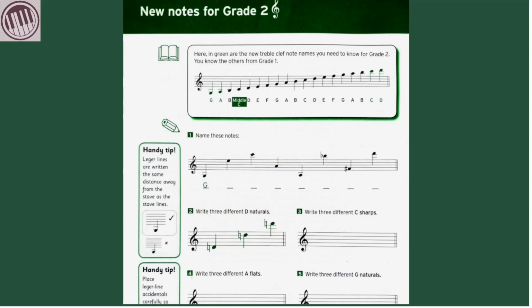So if you're starting with your grade 2 first lesson, you will have new notes for grade 2. Let's take a look at page 2. Now that we have learned all the lines and spaces of treble and bass clef, it's easier for us to find the ledger lines. So what you have to do here is find the closest note you already know and then count steps up